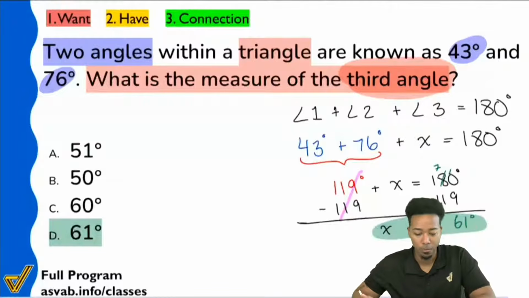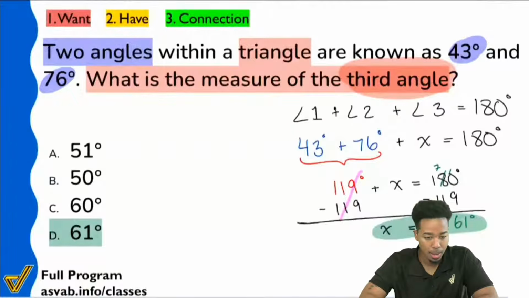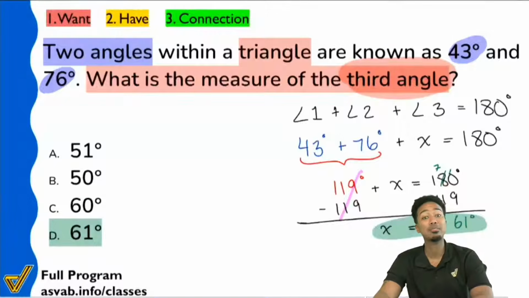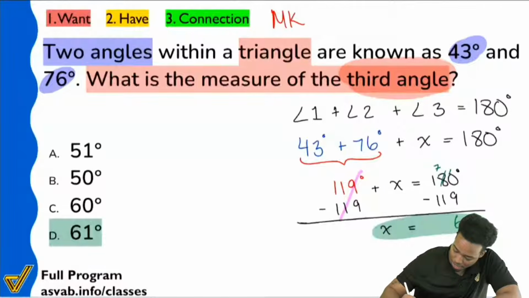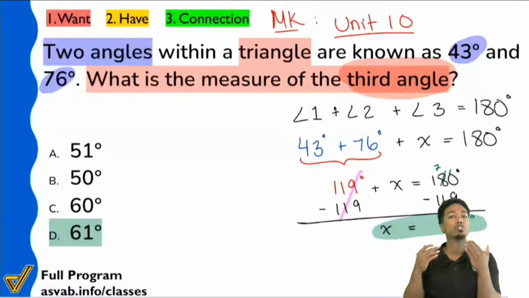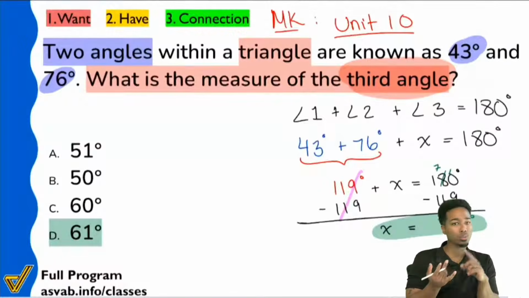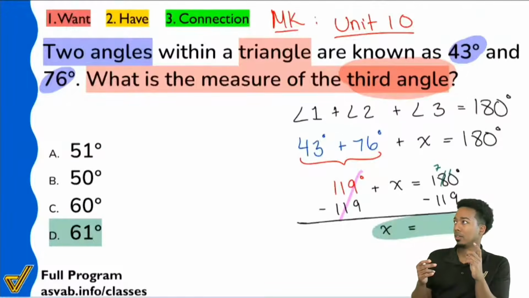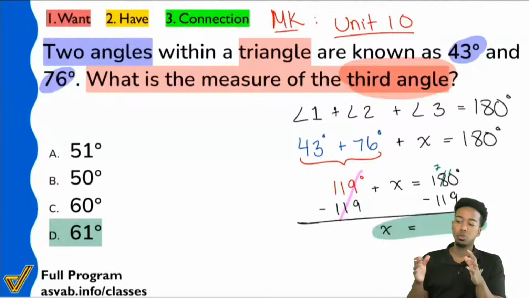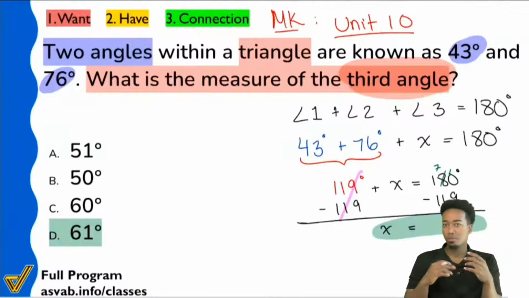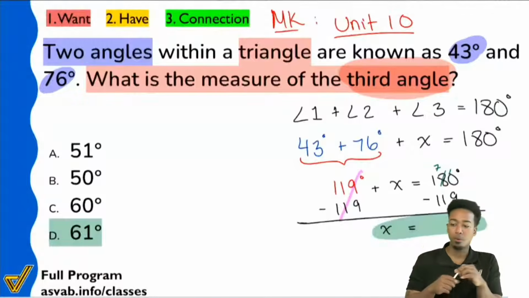So the unit that we're looking for with this one, let me go ahead and just go back to my dashboard here, leave that page. So boom, what we're looking at for this one is pure math and geometry. This is going to be unit 10. So math knowledge, unit 10. So this is pure geometry math problems where you're looking at the angles within a triangle. You're looking at just supplementary, complementary angles. Also looking at anything that doesn't have to do with area, perimeter, volume, surface area, the other topics of pure math.